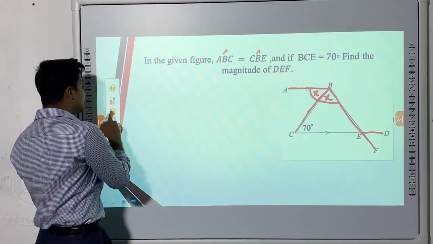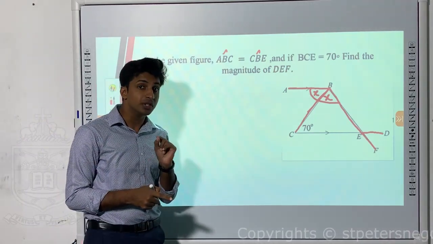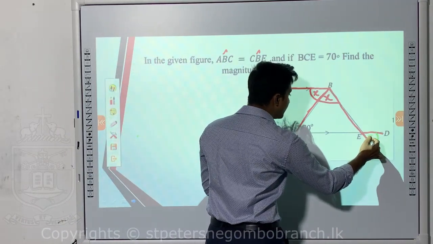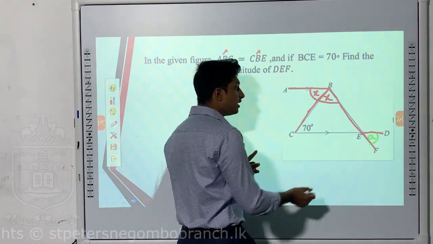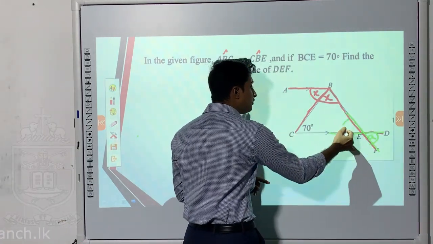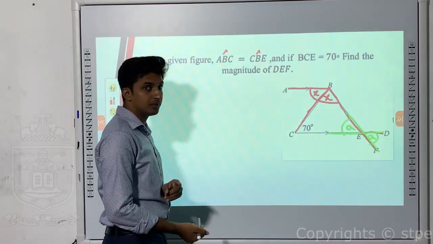Now you must see, again there is another concept here. You have learnt about vertically opposite angles. See here, you are asked to find this value. I will take it as A. But you can see these two are vertically opposite. So if you find the value of this, this is also A. So both the angles will be equal.